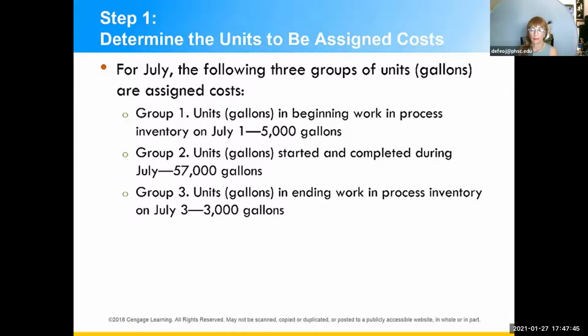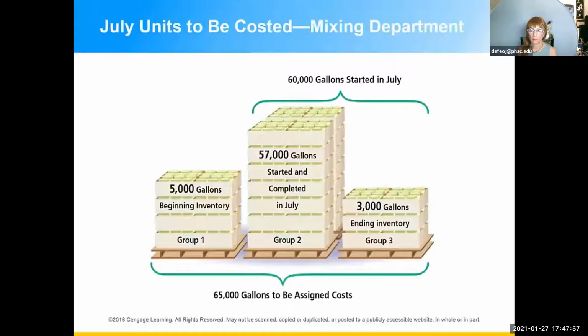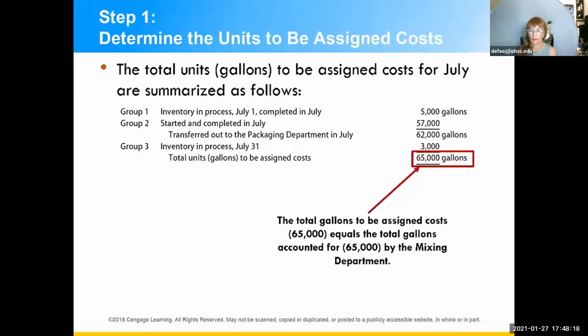Of the 62,000 gallons that were transferred to packaging, 5,000 were from the beginning inventory and 57,000 were started and completed in July. In this example, 3 groups of units are assigned cost. Units or gallons in beginning work in process inventory as of July 1st. Units or gallons started and completed during July, and units or gallons in ending work in process inventory on July 31st. Here is a summary of the makeup and total number of units to be assigned cost for the mixing